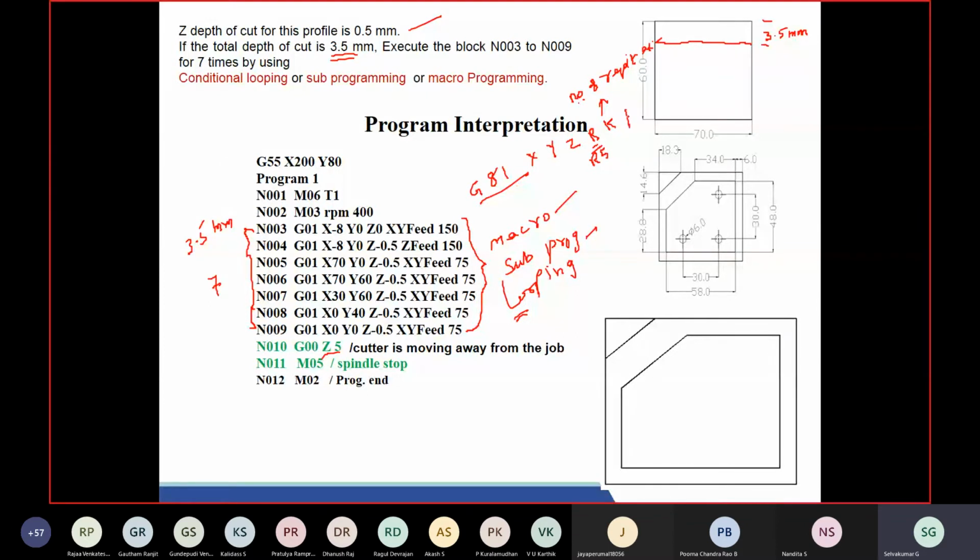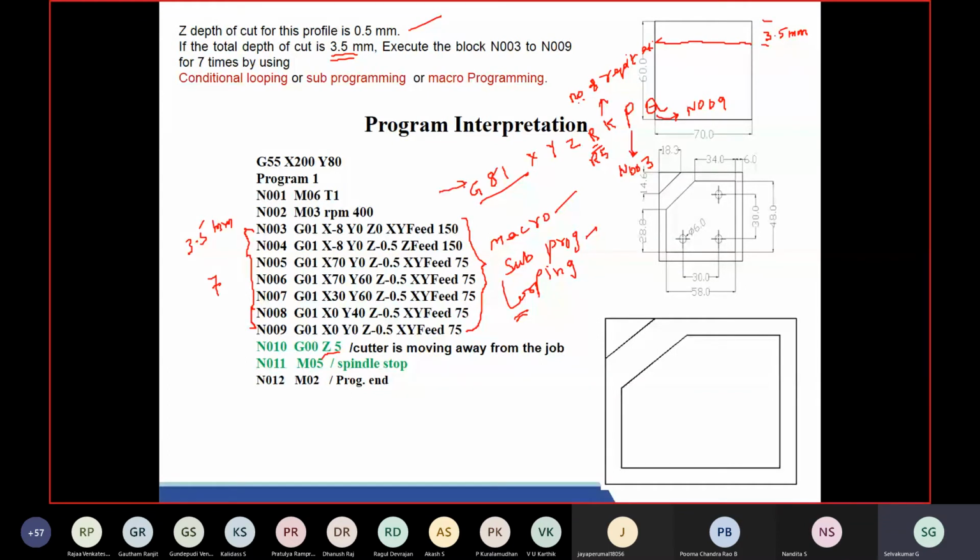That variable is, we can say P and Q. So P is starting block, in this case N003. Here Q is ending block, you have to give N009.